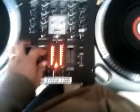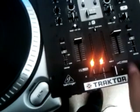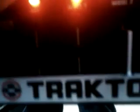Alright, so I've got the same track actually coming out of the Numark into the Behringer. And so let me switch it over so we got the track on the right hand side as the other one. So, barely moving it, barely past, I don't know if you can see that, let me turn that down a little bit, but barely past its start point over here. And then the light, let me move over a little bit. So, which is freaking awesome. And then you have a nice, smooth, loose